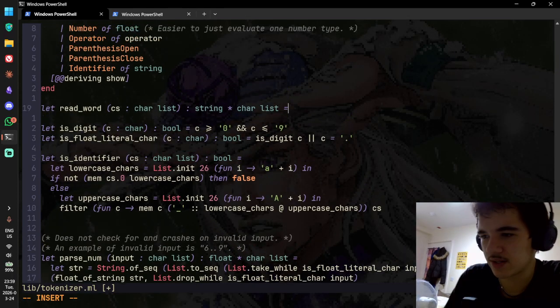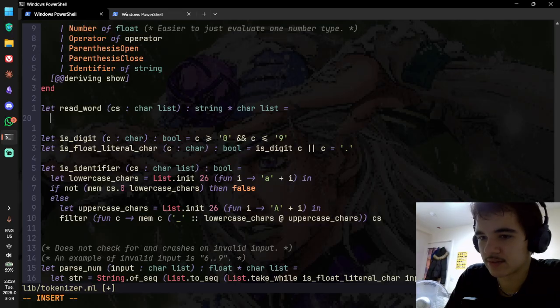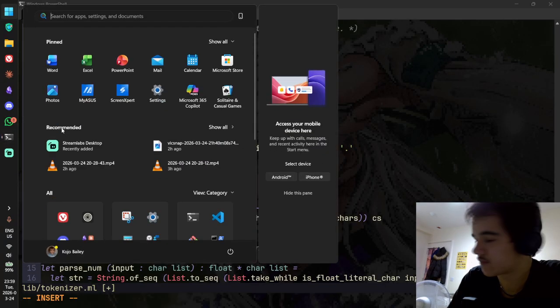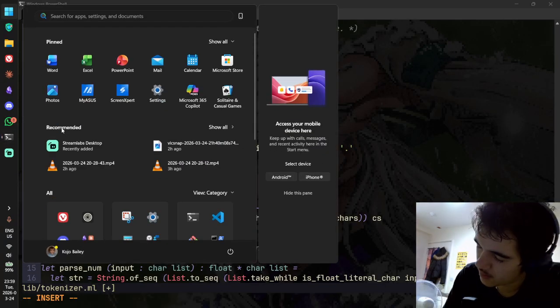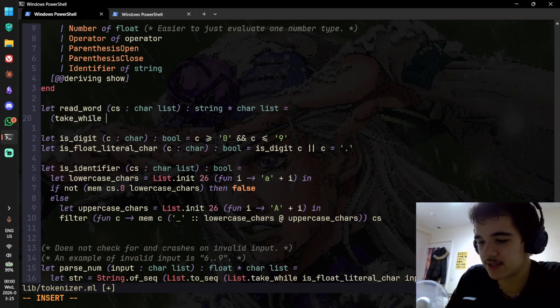Yep. So for read word, we just do take while. Would it be it? So just take while. Well, in Haskell, I'll do take while, but we have to be like this, right? C's, C does not equal a space on C's, and then